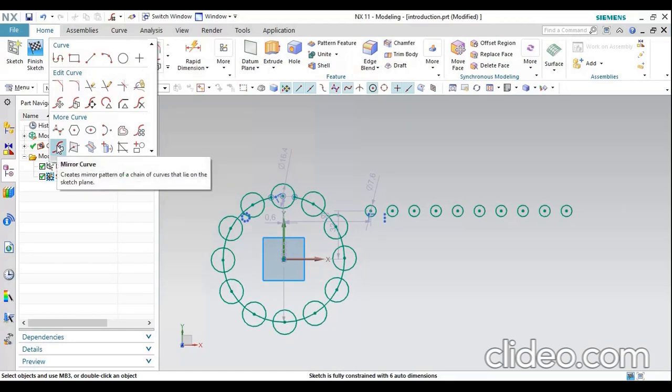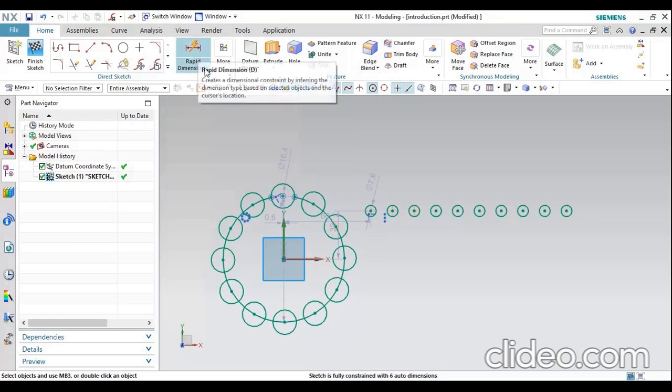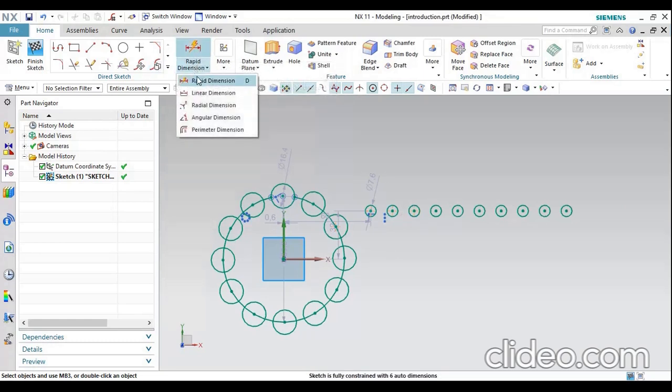Okay. Then next, move curve you know already. So select the curve and you want to move the curve. Then after, there is a dimension option. It will be used to create the dimensions from one object to another, one sketch to another sketch, right? In the dimensions, there are different dimensions. Rapid dimensions means it will give you short or fastest dimensions, and linear dimensions means whatever the sketch looks like, it gives the same direction, and radius dimensions are used for radius of the curve.